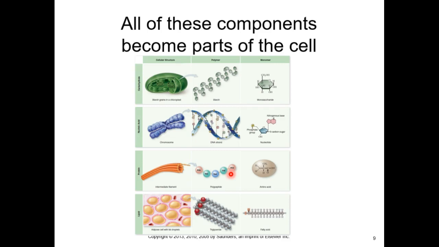So here's a nice summary slide for you showing a polymer form of starch, a monomer of glucose, the DNA double helix and the monomer nucleic acid, a chain of amino acids that are part of a larger protein, and there's the monomer amino acid, and there's a fatty acid, and there's a triglyceride. Triglyceride being the storage form of fatty acids that you would find in your adipose cells, for example.